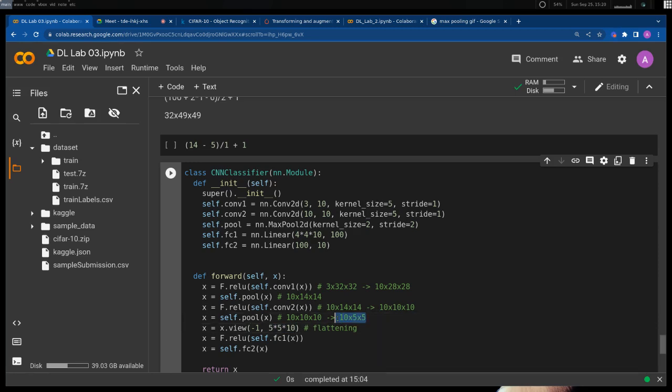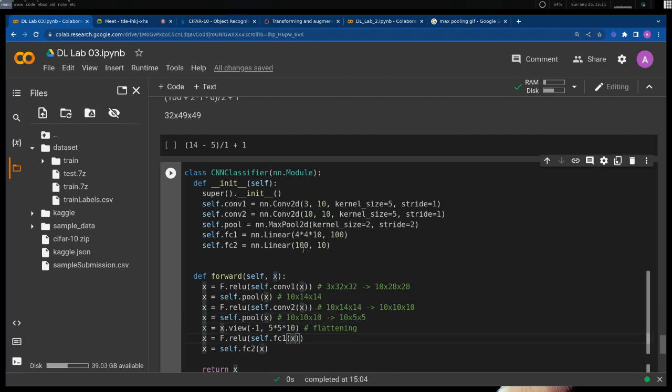So this 10 by 5 by 5 feature map that you get, you take that and you flatten it into a single vector, because now you're going to pass it through a fully connected network. And for fully connected networks, you cannot pass 2D maps to it. You have to make it 1D, which means you have to flatten it out. So you'll make it 5 by 5 by 10, because you have 5 by 5 by 10. So you flatten it out to 5 by 5 by 10, and then you pass it to a fully connected